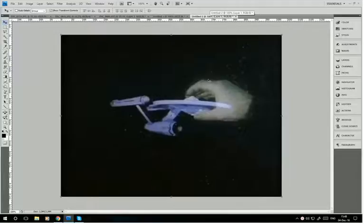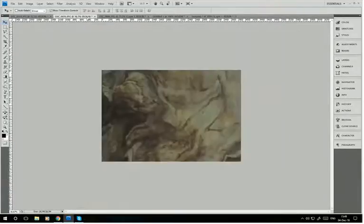And here's a still from it. So it freaked me out, this, when I was very, very young. And it had this giant hand that was overlaid on top of the model of the Enterprise there. It just sort of came out of nowhere and grabbed the ship. Obviously the effects are not great, and just by using